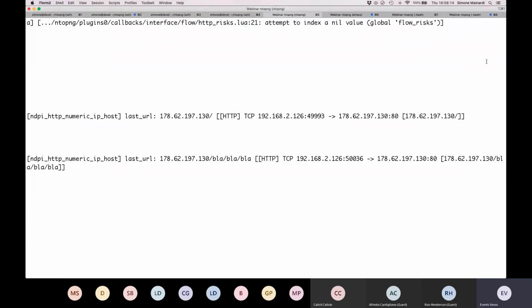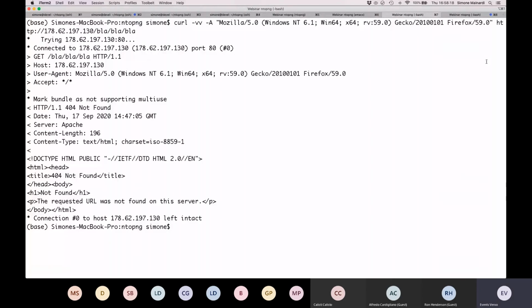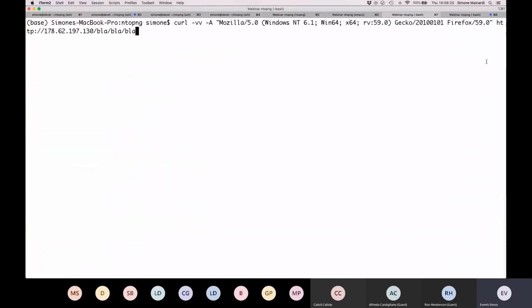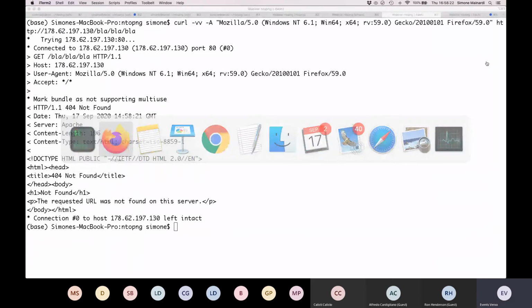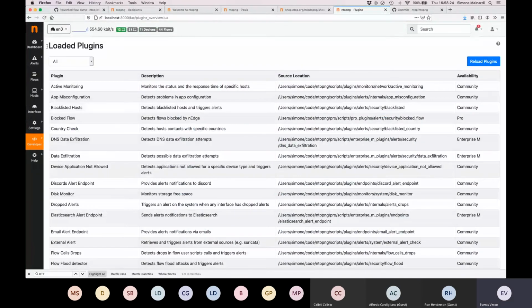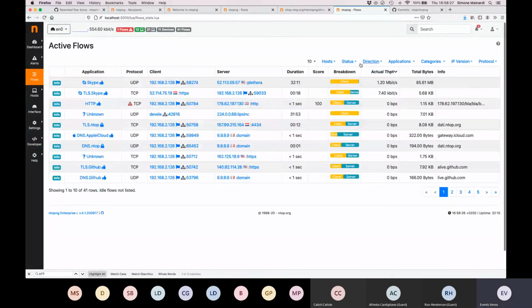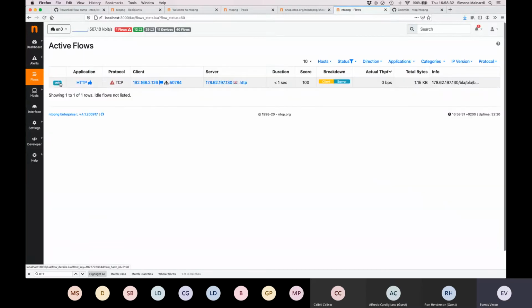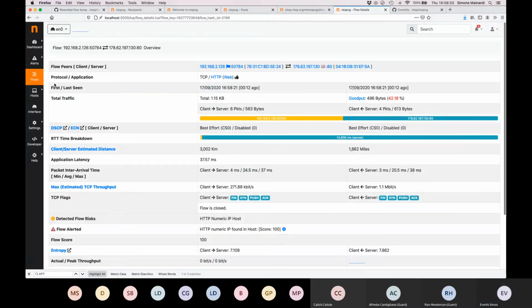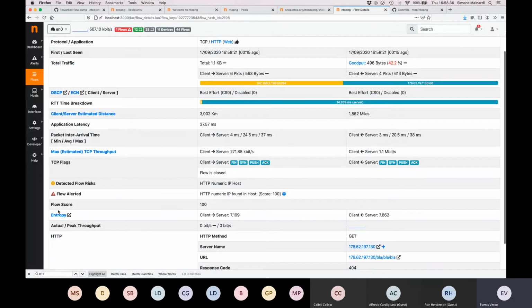So no complaints from ntopng. So we can do our request one more time. Okay, the request is successful. So now if we go to the active flows page, we see that we have a numeric IP host. Now, as you can see, our flow is alerted, and the alert is HTTP numeric IP found